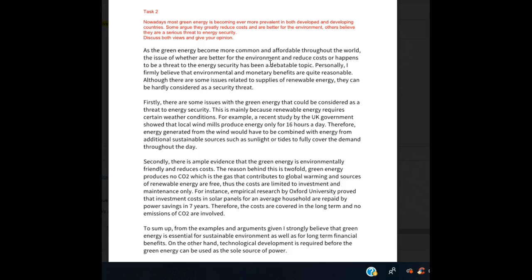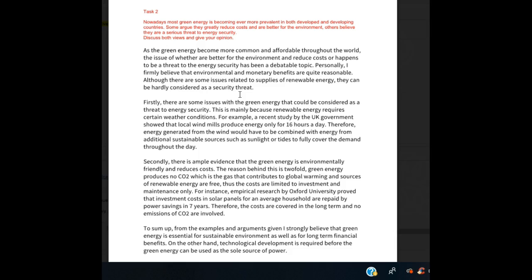Although there are some issues related to supplies of renewable energy, it can hardly be considered as a security threat. Firstly, there are some issues with green energy that could be considered as a threat to energy security. This is mainly because renewable energy